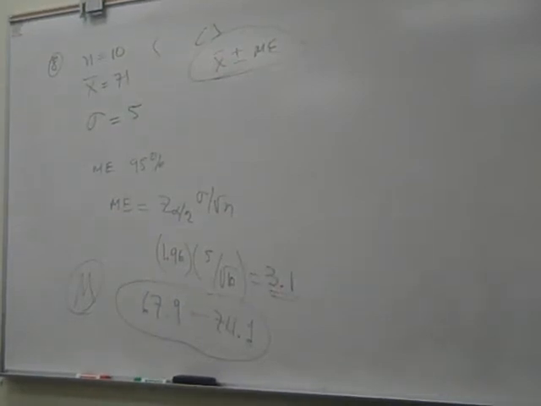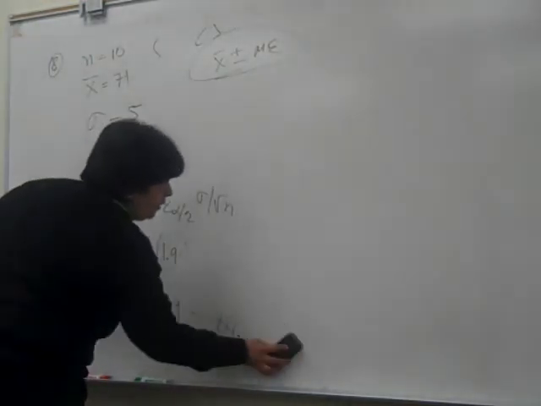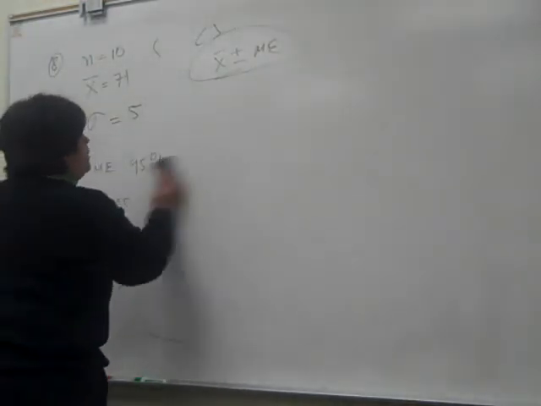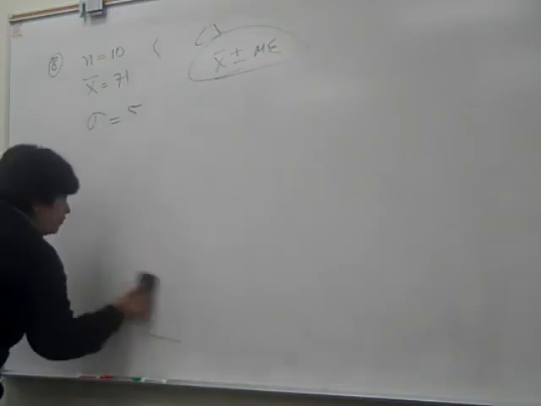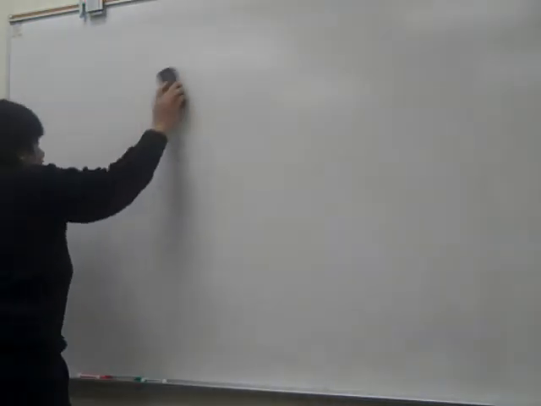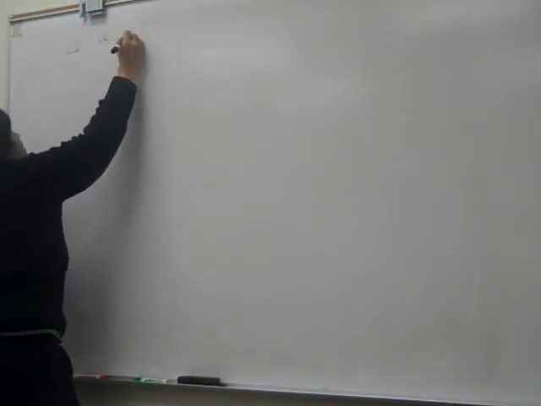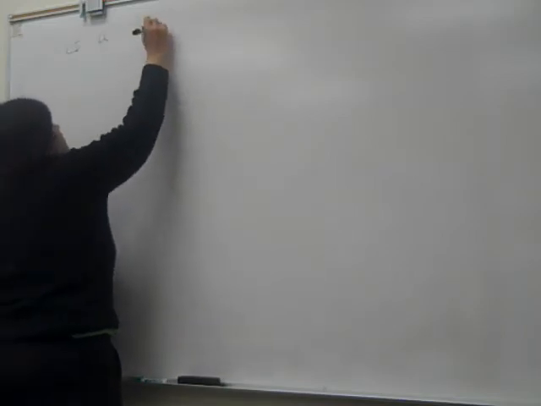Now, let's go to the confidence level for the mean when the standard deviation of the population is unknown. In that case, the confidence interval for mu when sigma is unknown